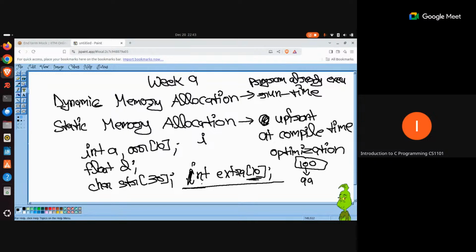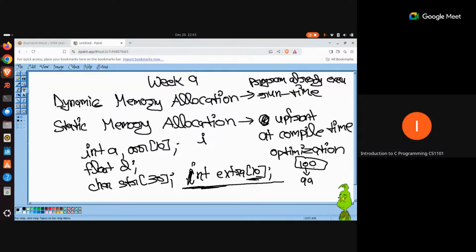Now, let's say there are 10 users, the data for which is going to be entered as part of your program, and 9 of them are below 18, one of them is above 18. If you declare this memory requirement upfront, that means you are asking for 40 bytes. But you actually only require 4 bytes. Right? So ultimately, you are wasting 36 bytes of memory.